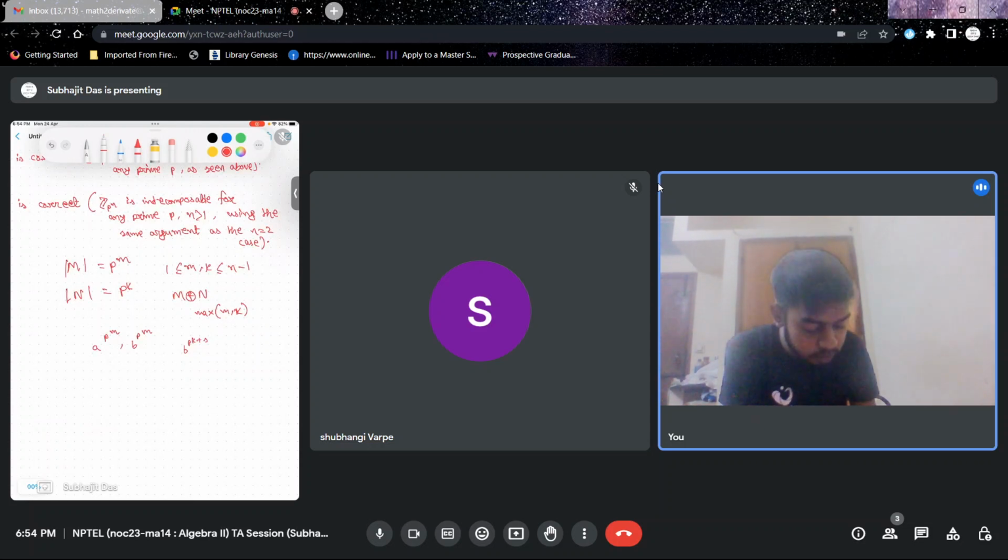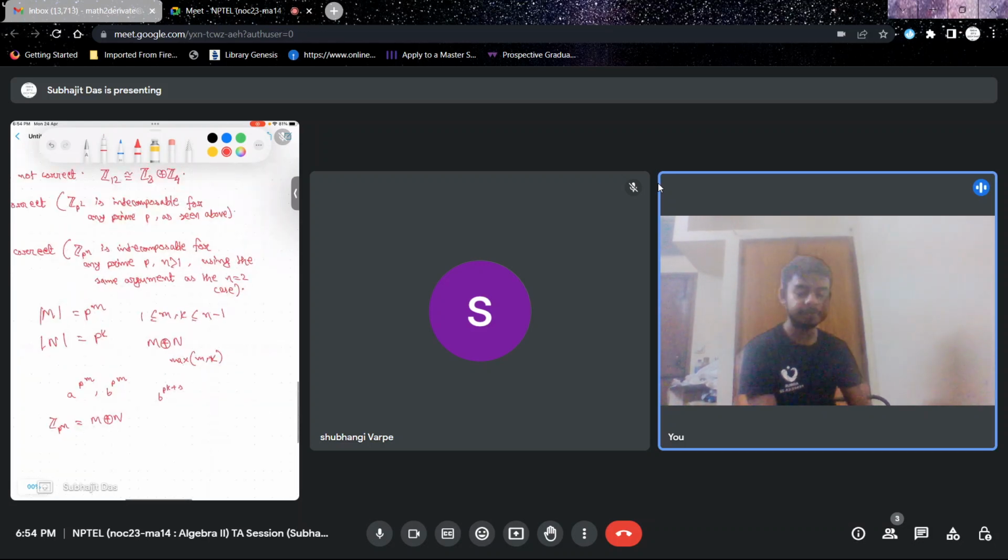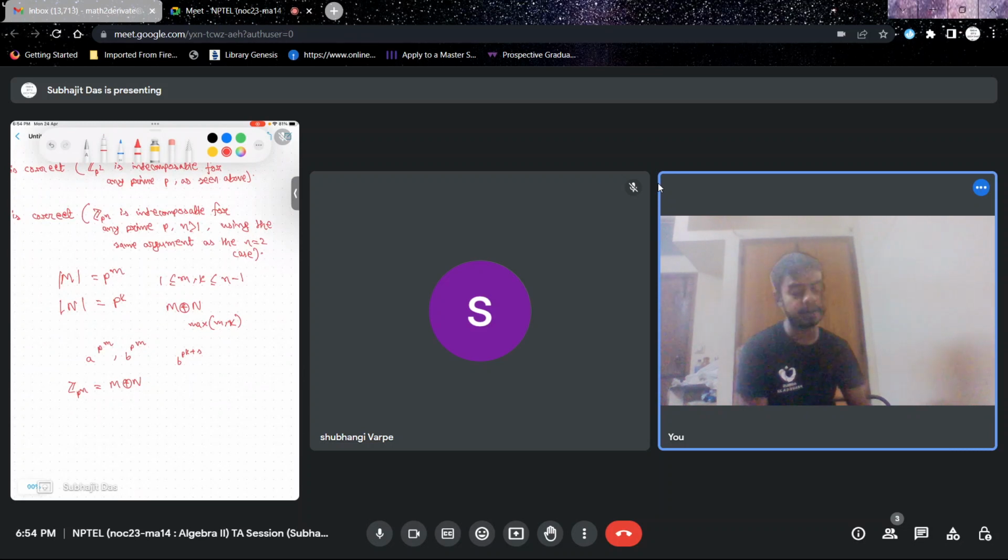Anyways, so the point is that Zp to the power n you are writing as M direct sum N, and there will be no element in M direct sum N which has order p to the power n, which would give you a contradiction, just as in the case of Zp square. And what I'm really worried about is, can we put an upper bound on the orders of the elements of M direct sum N?